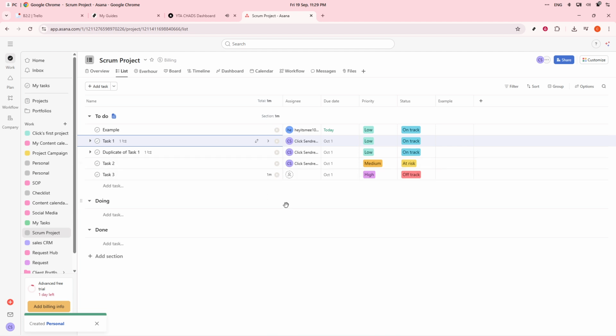By following these steps, you're all set to efficiently manage your projects using Scrum in Asana. Happy